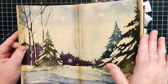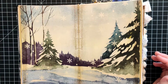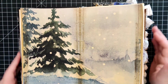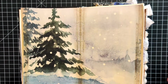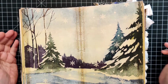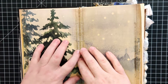thinking about this and how that would work, if we used this one, which actually I prefer this one, I would make the house probably open up. Or if we use this one, which I also love fairly equally, I like the idea of just pasting the house down, and then that's kind of it. So the thing is, when you have it open up, then that makes you have to add more stuff, I feel like, to your spread. So I think I'm kind of talking myself out of that idea right now,